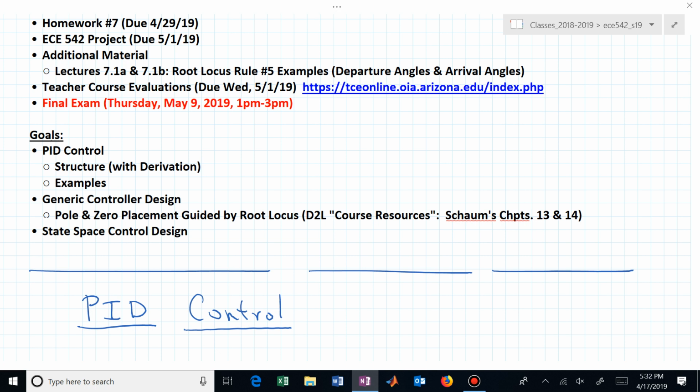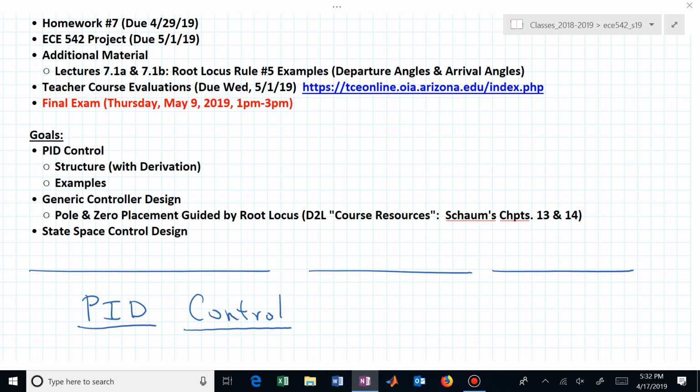Some years, students have brought their winnings in after design day. They carry their checks into class. They give them a big poster board sized check, and we displayed that on the front of the class. I didn't take a picture and upload it, but maybe I should have. I didn't want to overly embarrass the winning teams. But if you get a check at design day, you can display it in class on the 29th. Let me decide on homework number 7, its due date.